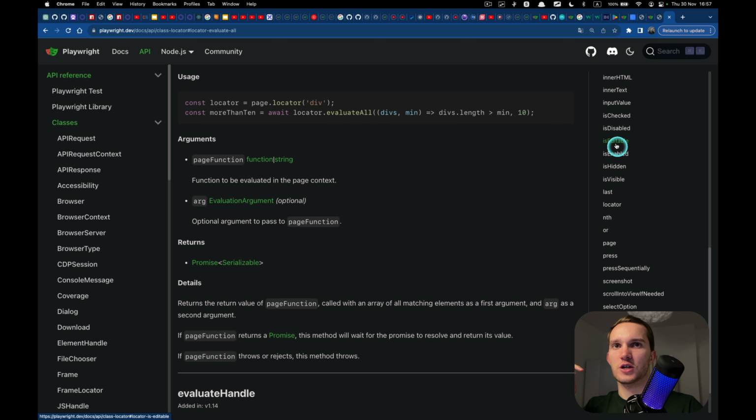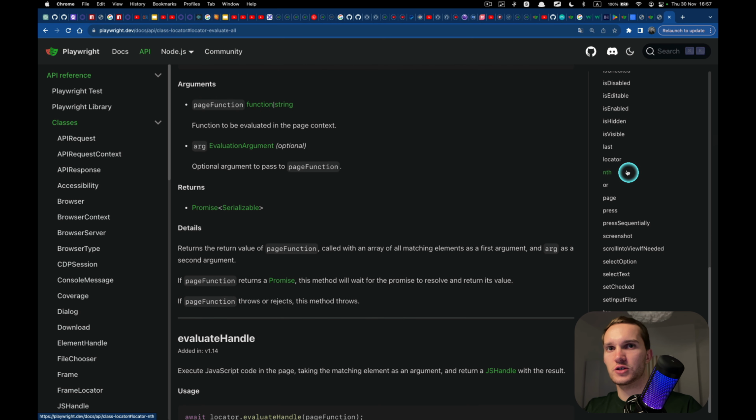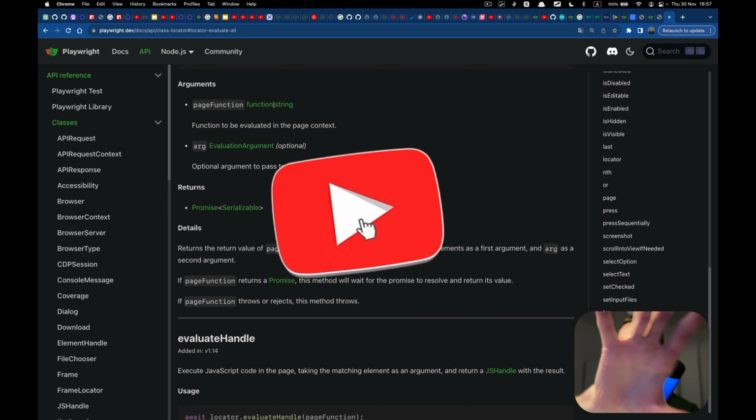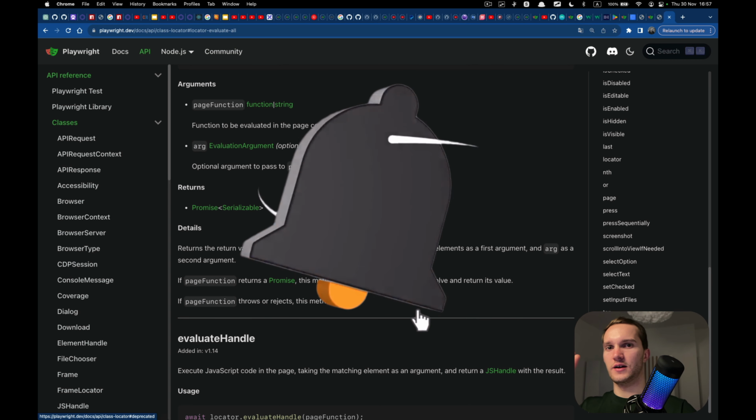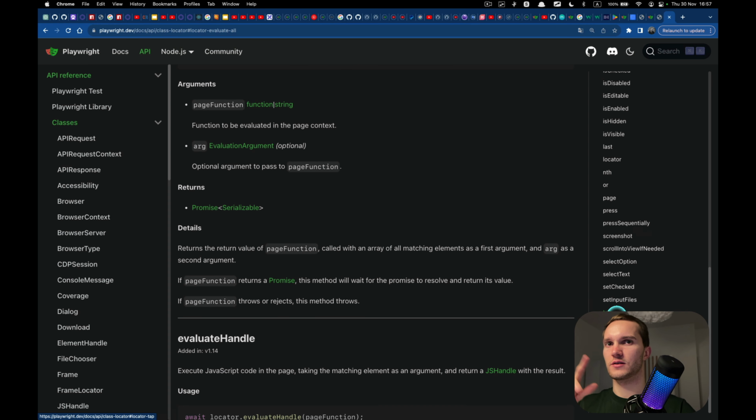We can check whether a checkbox is checked. Okay, do we have more actions here? Press, press sequentially. What else do I have here? Screenshot. I don't see more. I just have my setup here on the screen. If you have any other actions here underneath, then just go read about them.